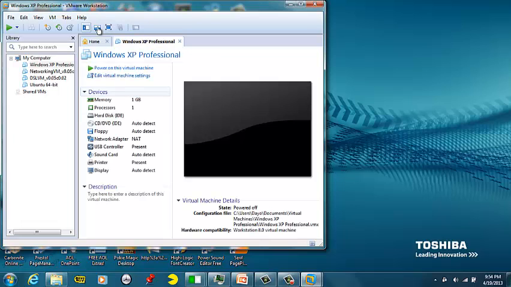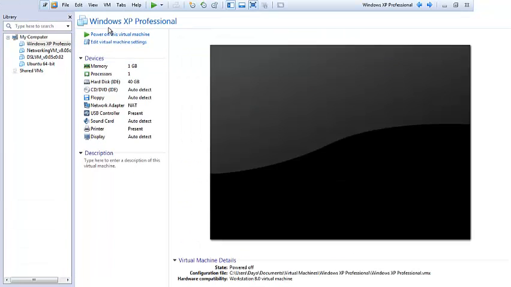Once you have that loaded up, you're going to need another Windows operating system like Windows XP or Windows 98, with the full CD, in order to get a virtual machine. I did the Windows XP Professional earlier, and